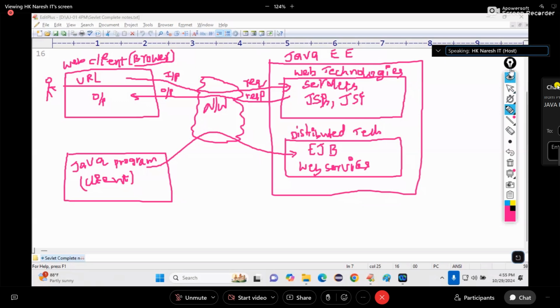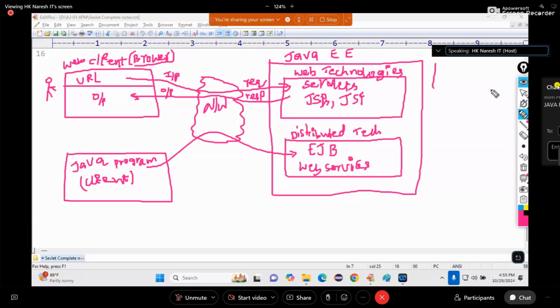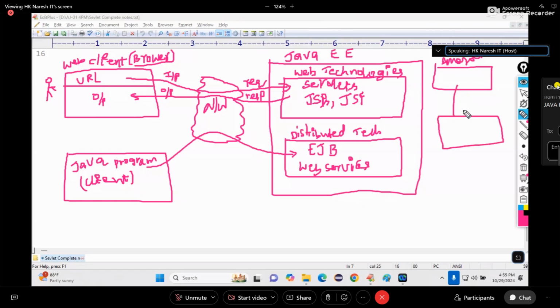Tell me now. I'm going to ask you one small question. Amazon is one project or not? Is the Amazon project accessing the bank project or not? The bank project is accessed from the Amazon project. The Amazon project is one Java program. The bank application is another Java program. Tell me, this Java program is accessed via network from another Java program. Then is this bank application called a web application or a distributed application? Distributed application.